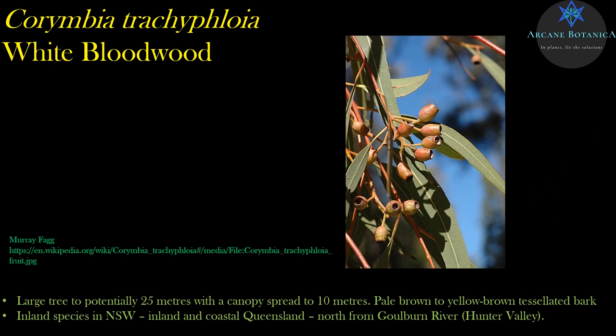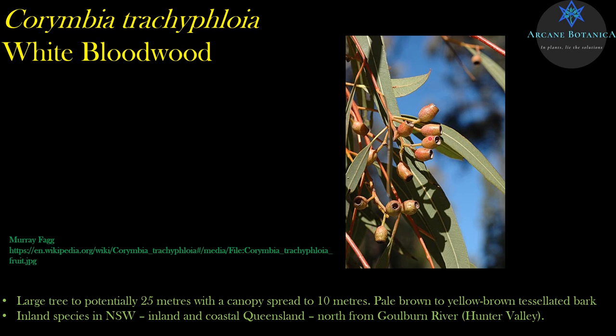Hope this works. Just got my slides mixed up, but yeah, I've edited that. Yeah, it's got these really cute fruits. I just love it. I can't help but call them cute. This is a photo by Murray Fagg I've borrowed, but they're about 1 centimetre long, and they're about 5-6 mil across, and that just makes them really different to Corymbia eximia or gummifera or even maculata. They're just really nice and tiny.